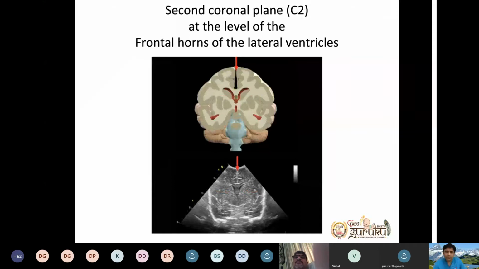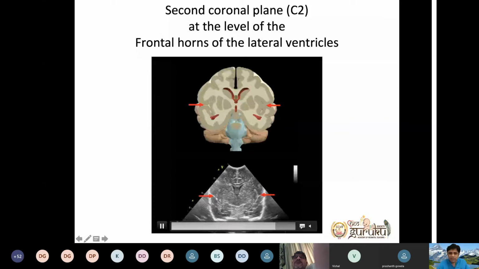So this is how it looks. This is your lateral fissure. So if you start from lateral to medial, you have your Sylvian fissure. Then you have your putamen, globus pallidus. You have caudate nucleus. This is your internal capsule. Then you have the two hemispheres connecting. This is your corpus callosum, which connects both cerebral hemispheres. If there is another opening here, if you have doubt, put a color Doppler. If there is no Doppler in that, that is your CSP, cavum septum pellucidum.